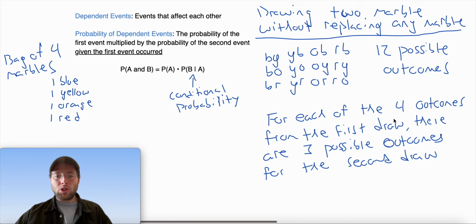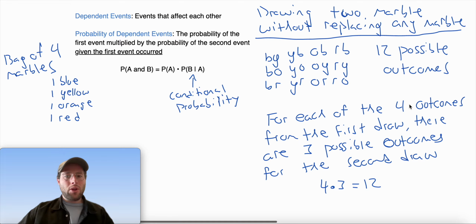And so we can multiply the 4 times 3 here and get that the total number of possible outcomes would be 12. All right, and I'll just read that one more time. So for each of the 4 outcomes from the first draw, there are 3 possible outcomes for the second draw. All right, so now let's choose 2 events here, and then let's go ahead and calculate the probability of those